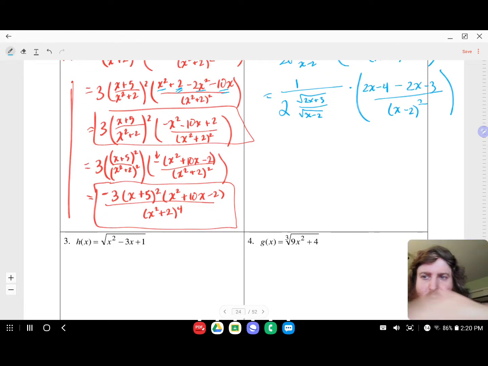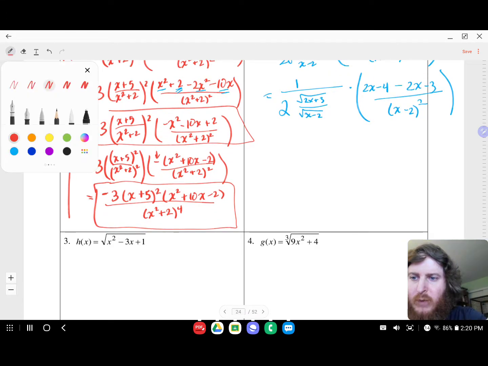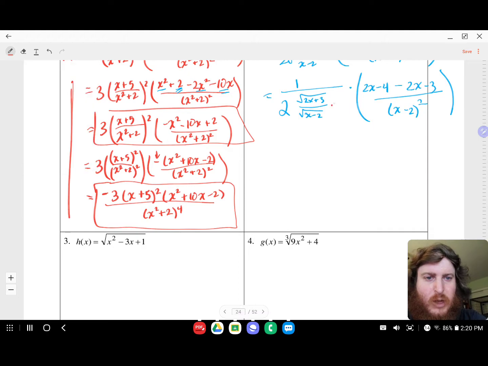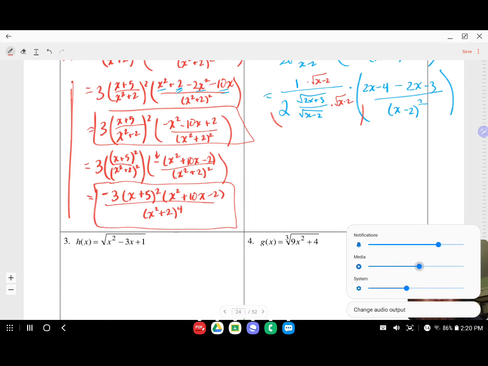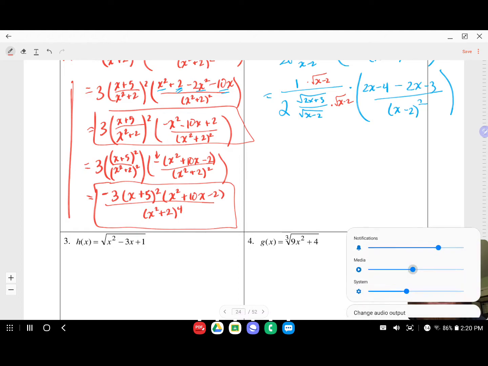And then what we can do is, I don't like to have the fraction inside of the fraction, so we'll do times square root of x minus 2 and times square root of x minus 2. Now, we're only multiplying essentially on that left side, right? Because these are being multiplied, so we don't need to worry about what's inside the parentheses, because it kind of counts as the same term since it's being multiplied. So these will cancel out,